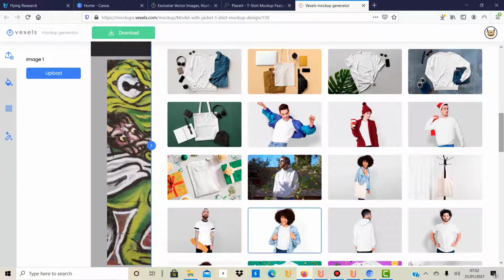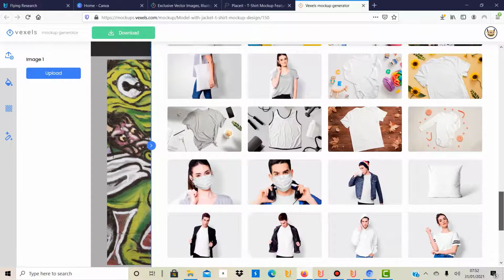But as Vexels now offer this mockup generator as well, and they will probably increase the number of different mockups they've got available on a continuous basis, you will not need Vexels plus Placeit. If you want to create good designs, it's enough to have Vexels only, because they've got their own mockup generator now. So what I really like about this one,